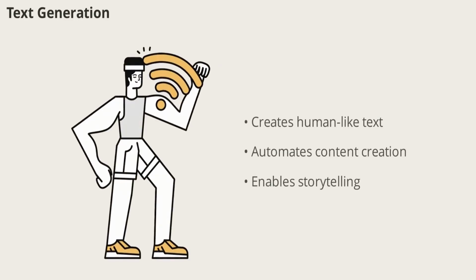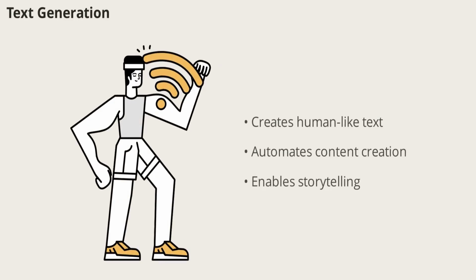Text generation is an advanced NLP capability that allows computers to create human-like text. This technology powers applications like content creation, automated news writing, and creative storytelling. By learning from vast amounts of data, NLP models can generate coherent and contextually appropriate text, opening up new possibilities